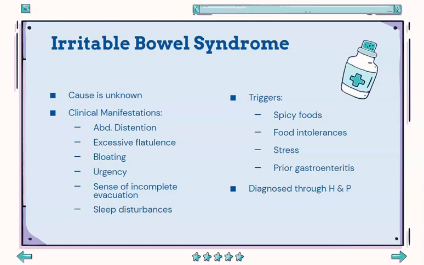Dairy sometimes is a huge offender for some of these patients. Stress. So if they are having a super stressful period in their life, they can have more exacerbations than if not. And then a prior episode of gastroenteritis, so just inflammation of the stomach in general, can lead to